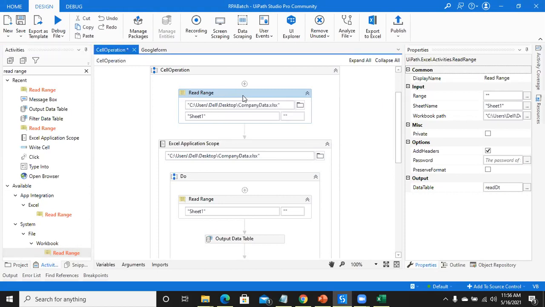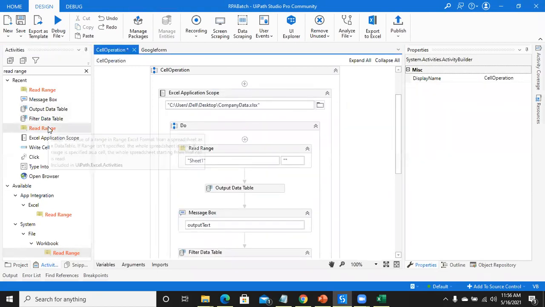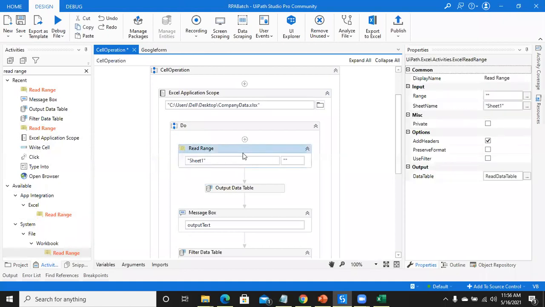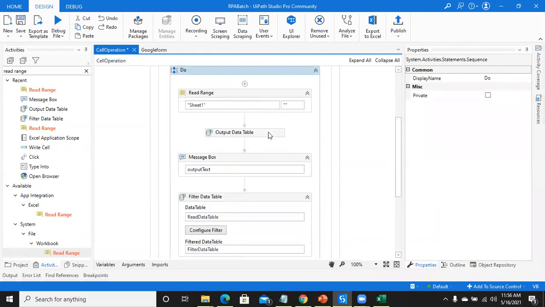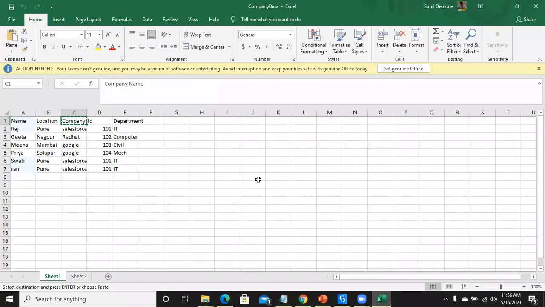Now, I have taken this read range from Excel application scope. The initial task is you need to give the sheet name. Which sheet name you give depends on which sheet you want to read.